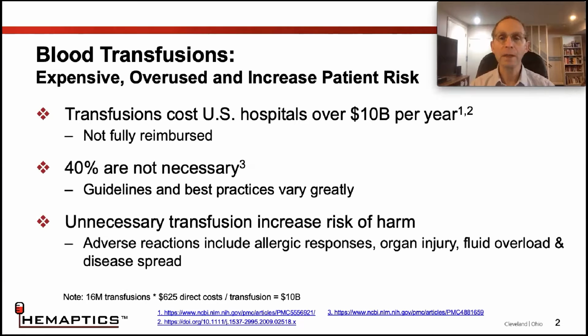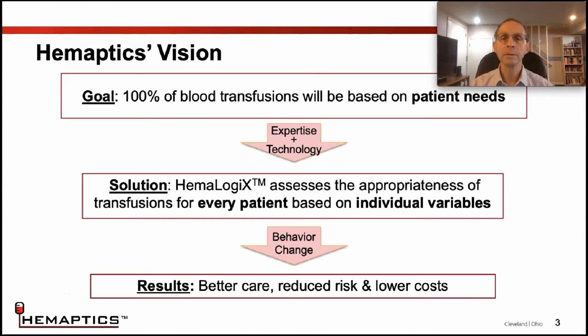Meanwhile, studies estimate that 40% of transfusions are not necessary. In addition to their significant costs, unnecessary transfusions create risks for patients. Adverse reactions include allergic responses, organ injury, and fluid overload. At Hemaptics, our vision is that 100% of all transfusions will be based on patient needs, not historical practices or standard order sets. To achieve this vision, we partner with University Hospitals of Cleveland and work with caregivers from over